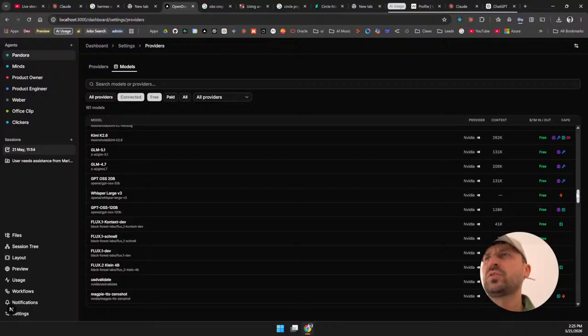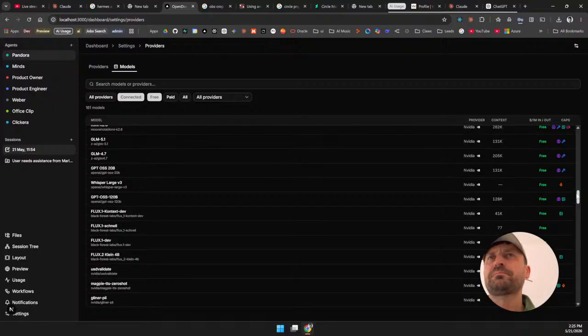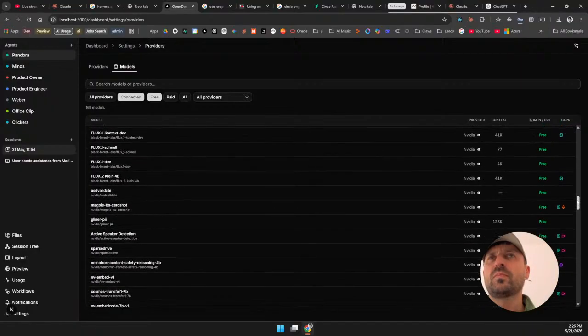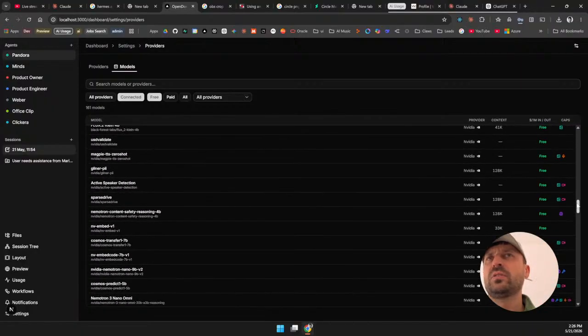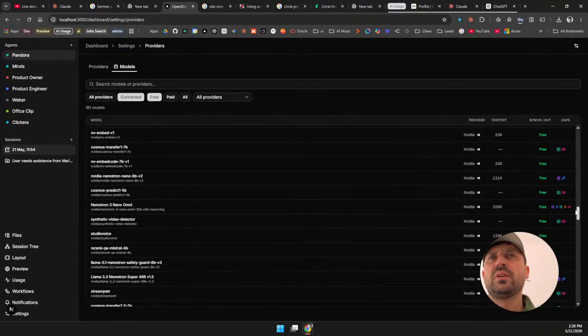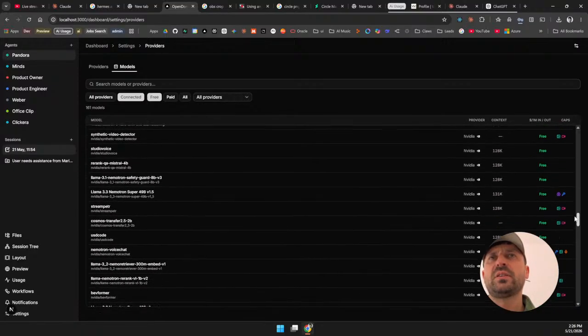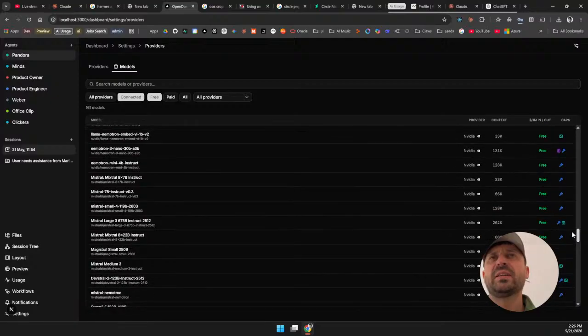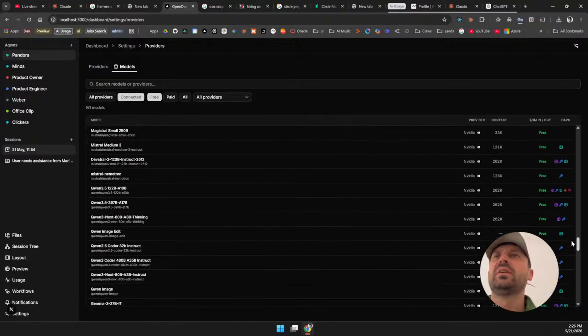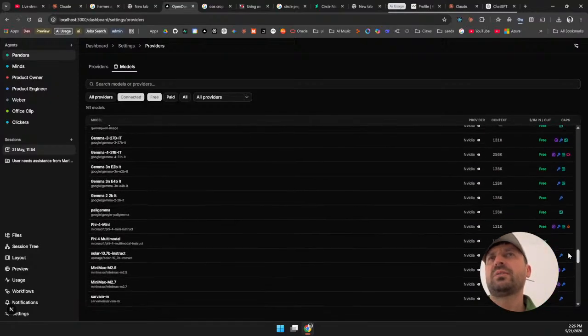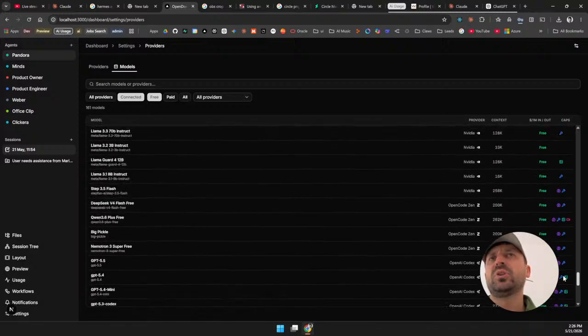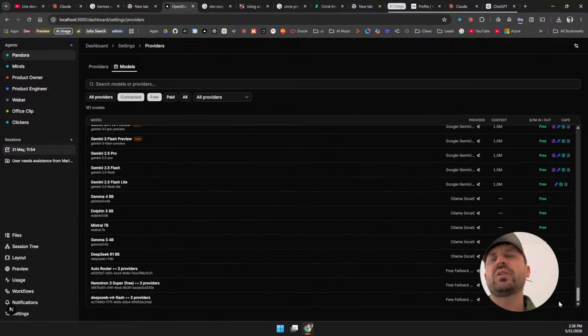Whisper Large V3. I need to look into some of them. Some of them are not even categorized. But yeah, I need to play around with the models. I mean, NVIDIA is crazy. And that seems to be all for free. And they've got a very generous free tier. I mean, they're even better than